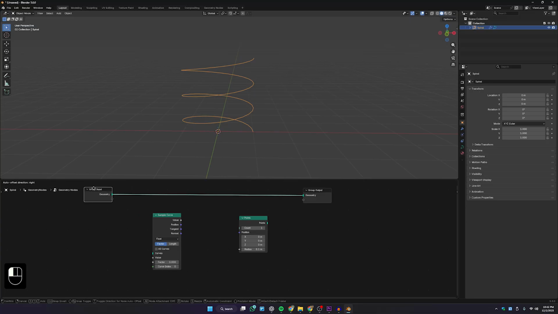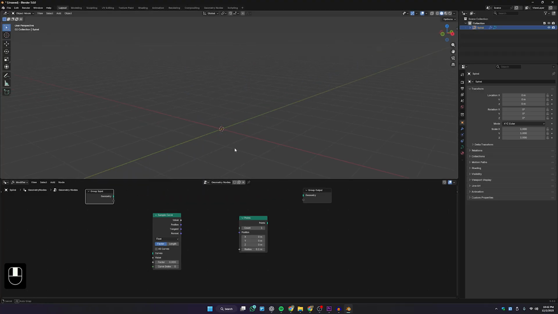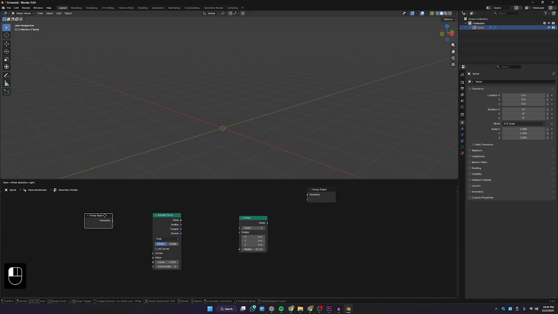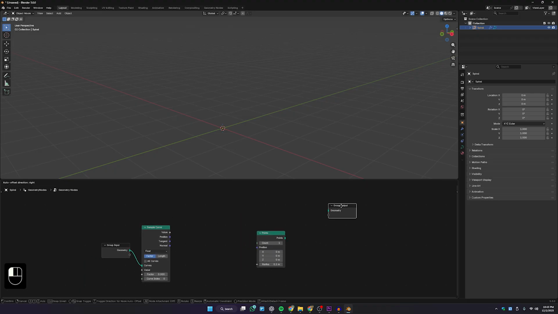Now first of all I'll get my curve right here. This is the geometry input, which is basically the curve right here. If you unplug this one, you can see my curve is gone because there is no output to show. So now what we're gonna do guys, first of all I'll select my input geometry, and then I'm gonna plug it to the curve. What this does is simply this group input gets the curve data to the sample curve. It is getting all this curve data, and it can now interact with the factors and all the positions of the curve and etc. So we don't have anything to show off right now because we have no green node